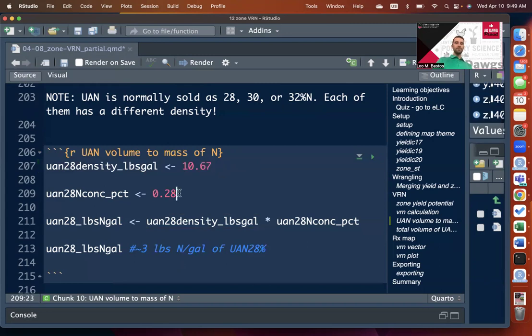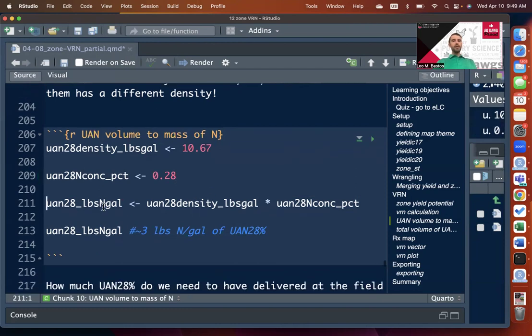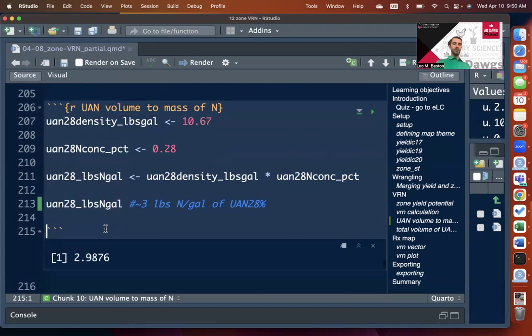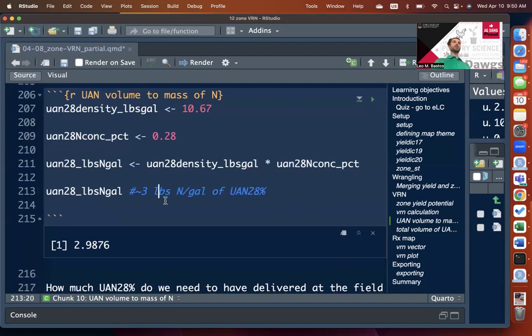Just going to run that object. I know that the concentration of nitrogen in UAN 28% is 28%, so 0.28 is that concentration. To get the pounds of nitrogen per gallon of UAN, we just multiply those two things, right? I know I have UAN in pounds per gallon, and I multiply that by 28%, so I get pounds of nitrogen per gallon. And then if we print this object here, that's going to be about 3 pounds of nitrogen per gallon